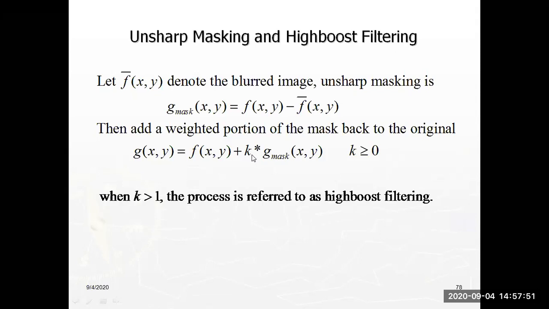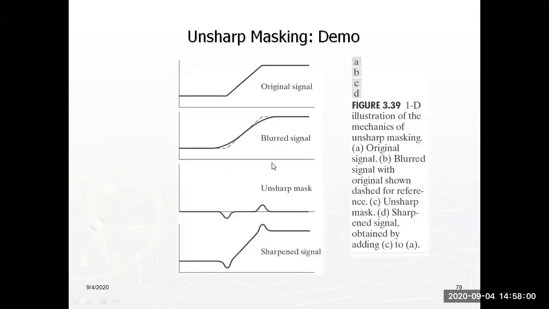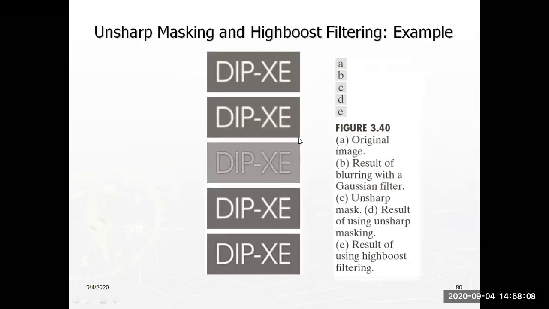So this is unsharp masking with high boost. If you multiply the mask with the k value, that is called high boost. Here I am showing one-dimensional unsharp masking, a signal with 4 values, and here two-dimensional, which is an image, for high boost filtering. So you can observe how the changes happened from our first image to the last image.